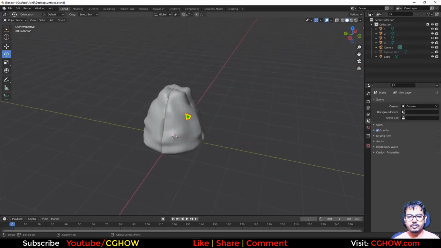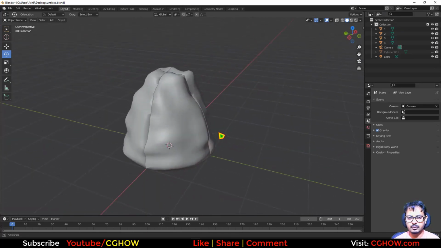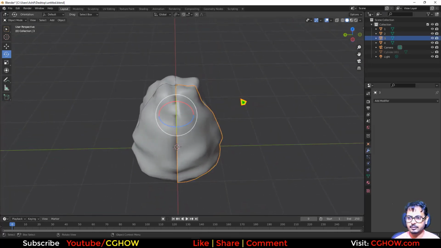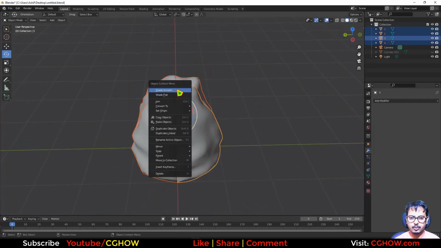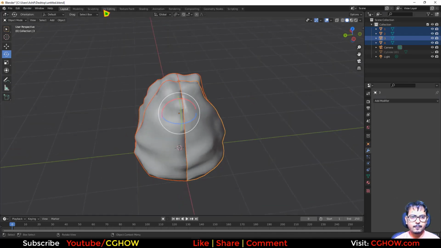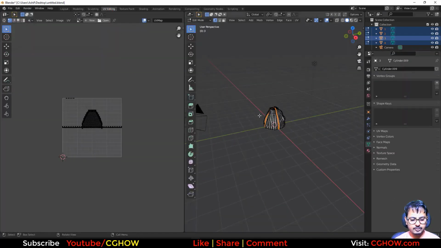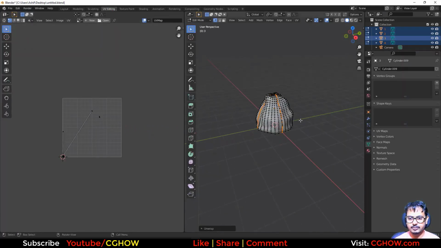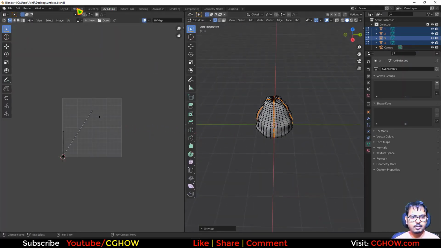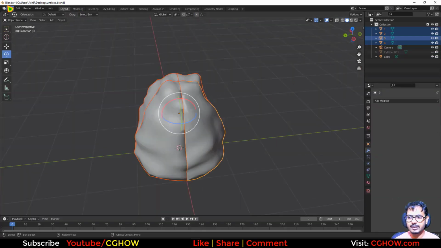So I have these four meshes of these rocks. So I will select all, smooth fade, and also go to UV and press U and press unwrap automatic. Okay, and that's it. So I will select these all